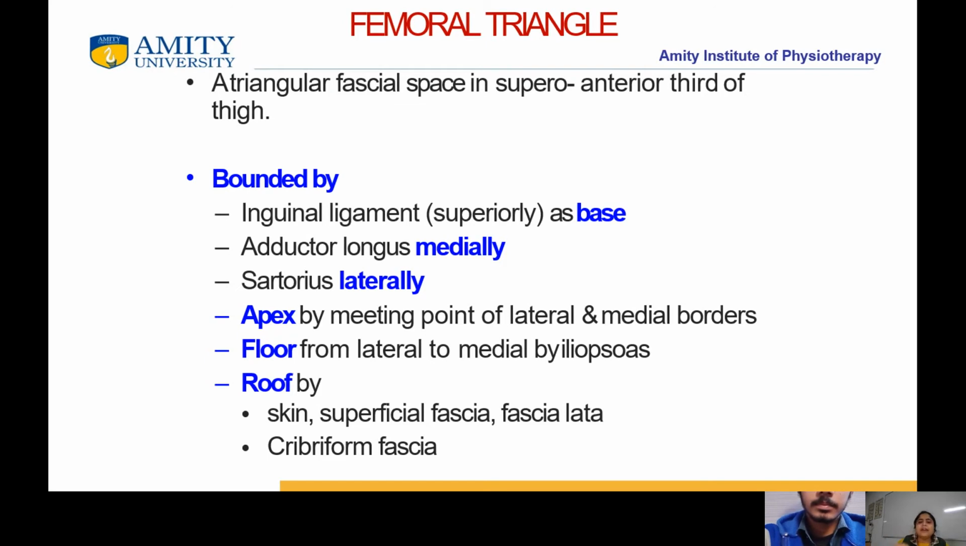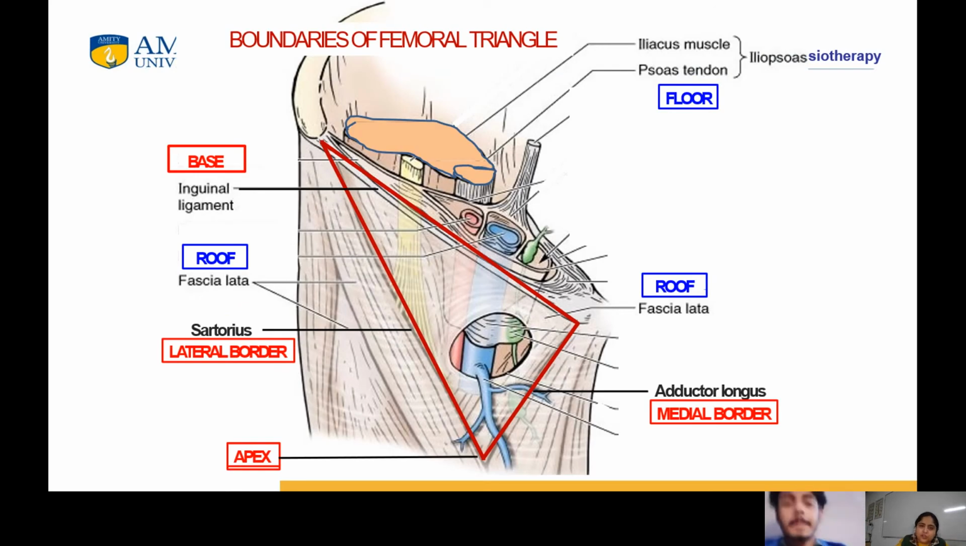And the apex of the triangle is made by the meeting of lateral and medial borders, and the floor from lateral to medial is made by iliopsoas. And the roof is made by the skin, superficial fascia, fascia lata and cribriform fascia. So this is how a femoral triangle